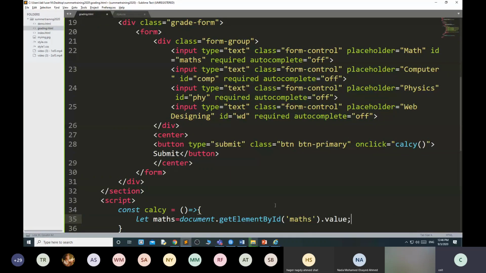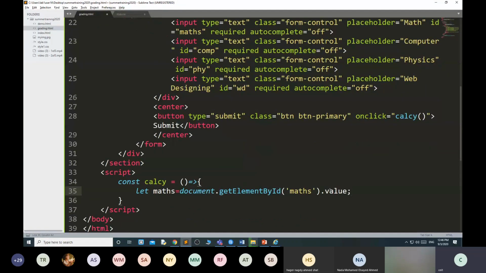Then getElementById dot value. This is predefined. Which ID do you want to fetch? This ID, and this must match. And from that ID, what do you want? You want the value. Like this. And the 3 you want. Copy.